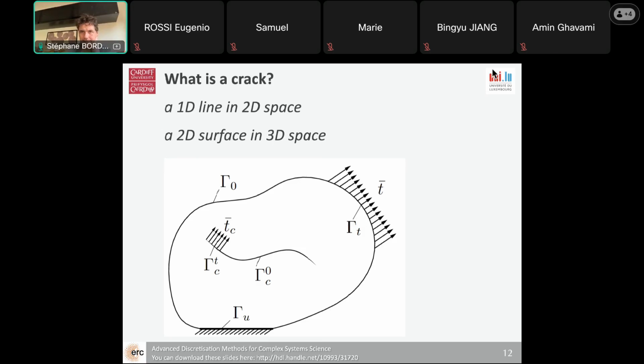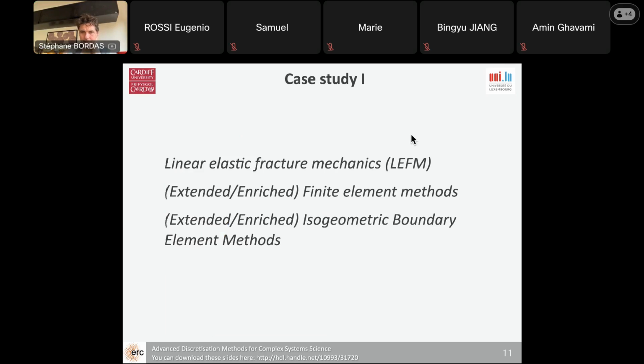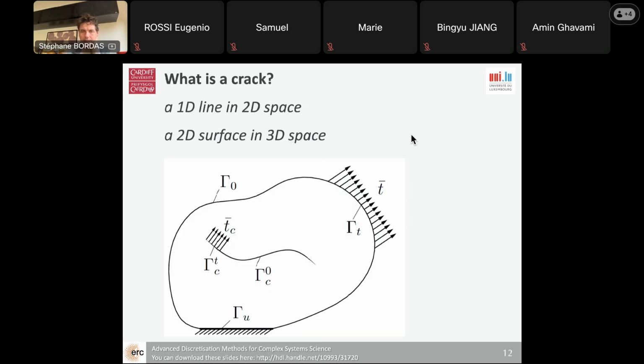Gamma t is the Neumann boundary condition. Okay, so what does that mean? Now you have on top of that the surface of the crack, gamma c 0 at